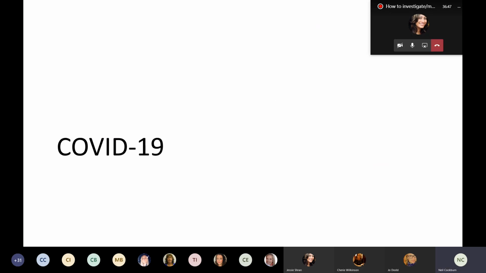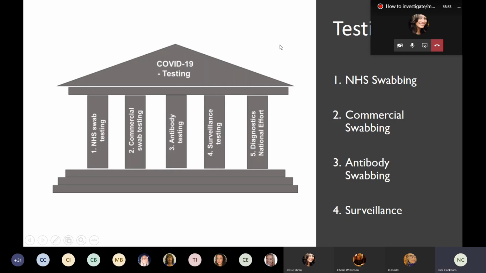So finally, let's look at our COVID-19 surveillance system. This is the national testing strategy from April. There were 5 pillars to testing and to surveillance for COVID-19. The first 2 were NHS and commercial swabbing. So initially, all of the swabbing, and when they say NHS, they are including Public Health England, but of course, NHS has got a stronger brand, so a lot of things get included under that. The swabbing was initially all NHS,